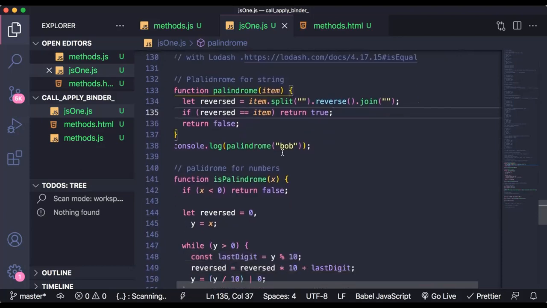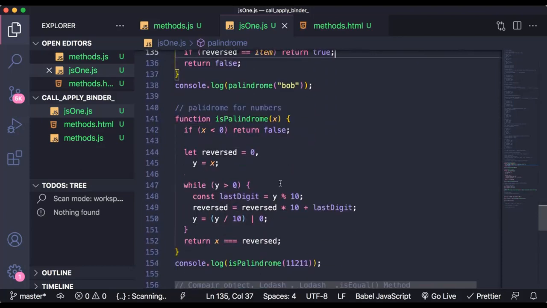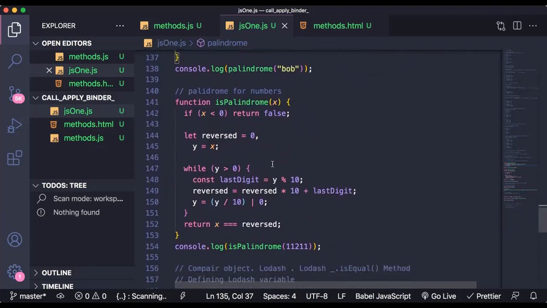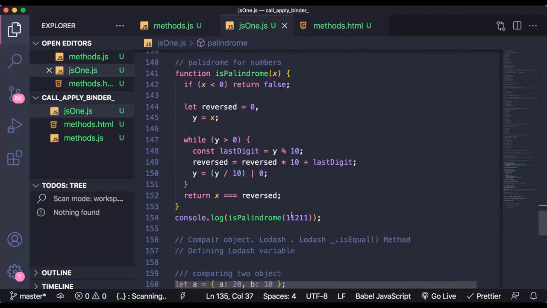And for numbers, I did this one. Of course, I used Stack Overflow also, but I know the logic now. I already checked. It's working perfectly.